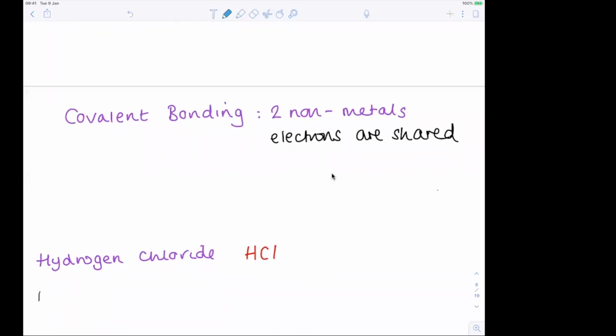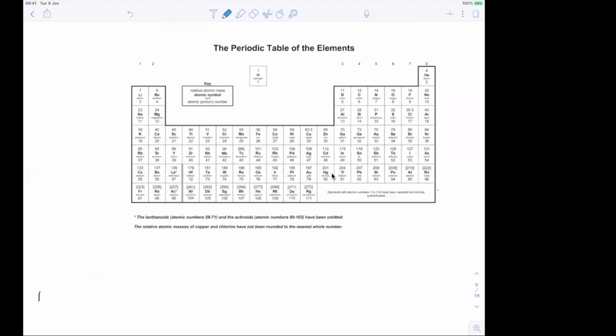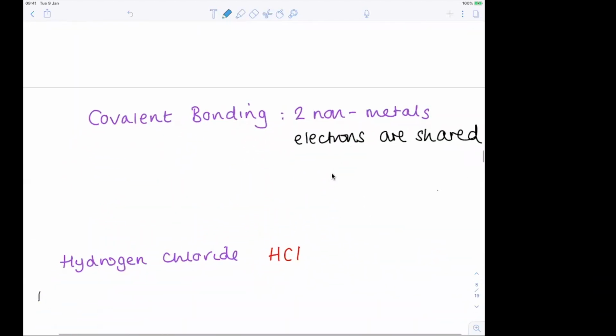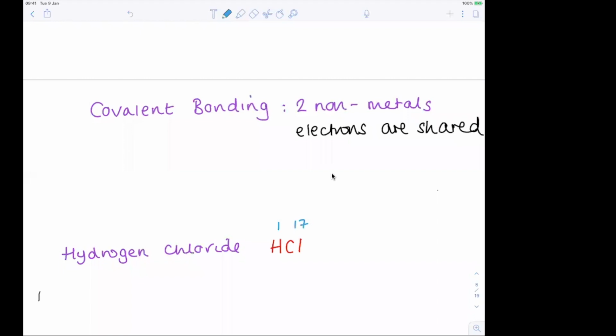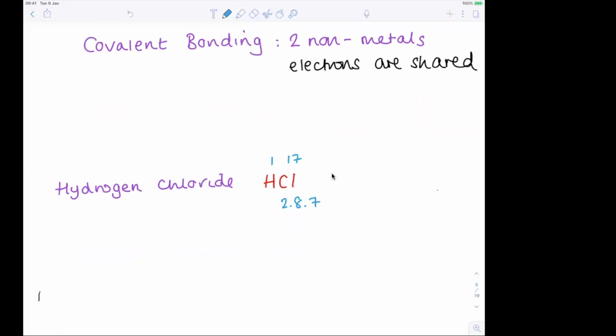We are looking at the number of electrons in hydrogen and the number of electrons in chlorine. So in hydrogen it's 1, and in chlorine we have 17. So if I write out the electronic configuration, hydrogen it's just 1, chlorine we're going to do 2, 8, 7. And now the weird thing about covalent bonding is our pictures will look completely different. Whereas before we looked at square brackets, with covalent bonding, you're going to have overlapping circles, and I'll show you that now. There's our hydrogen,